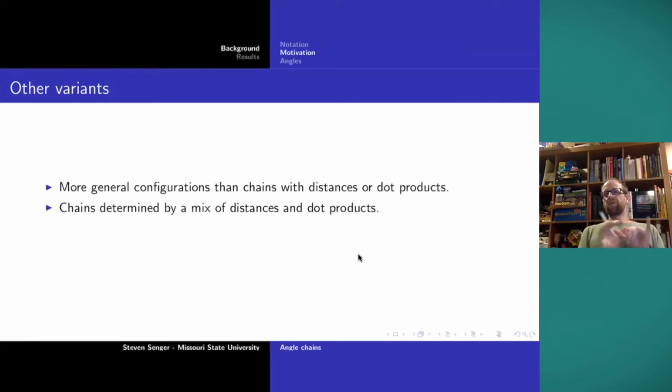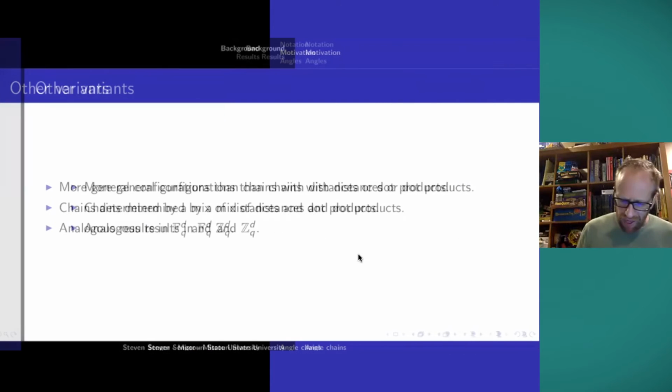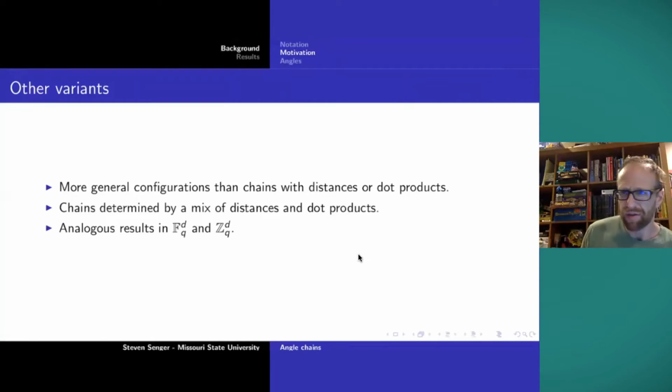And one way to get around those is to oscillate between distances and dot products. In fact, our morning meeting is in a couple hours to talk about this. So there are peculiar things that happen, maybe not so expected, and analogous results in other settings. So fairly safe settings like vector spaces over finite fields, modules over these relatively well-behaved rings.